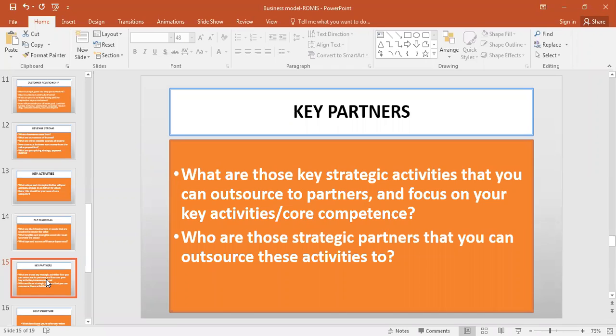Key partners are those strategic partners that you can outsource the activities that are not within your core competence to. Under key activities, you listed the activities that are your strength. Now, those that are not your strength, who are those key partners that you can outsource them to? Who are those strategic partners? Now, for rice, number one,